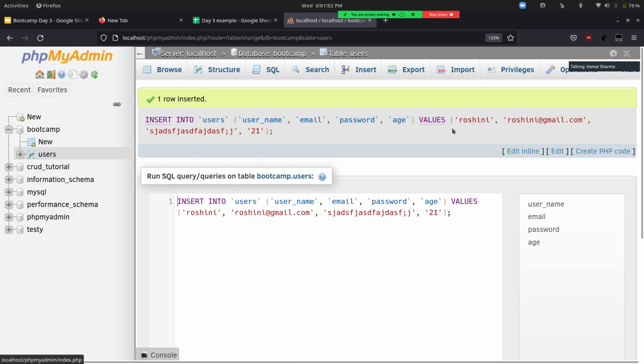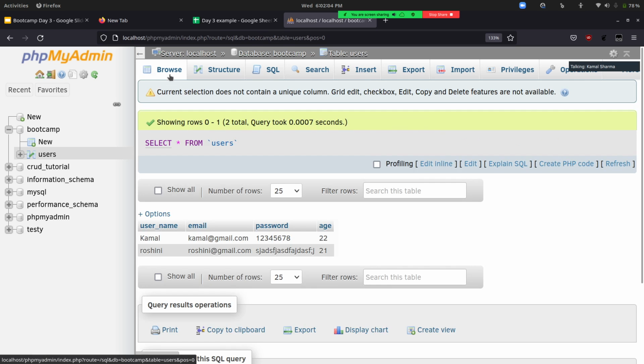I'll just click on go, and this time also it is generating one query and executing it. So we are able to get the visual confirmation, right? One row has been inserted, so we can check it using browse, and we can see that that particular row has been inserted. So this is how you insert a particular record in the particular table. That table will be present in a database, and here the database name is bootcamp.